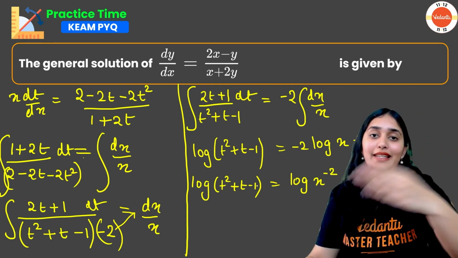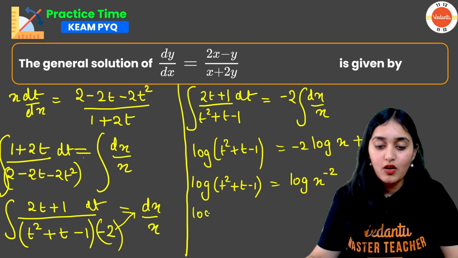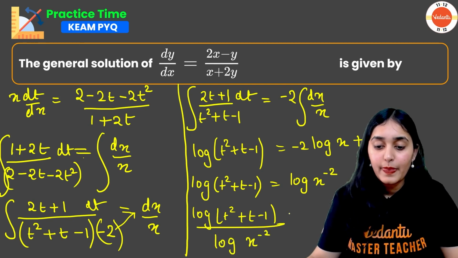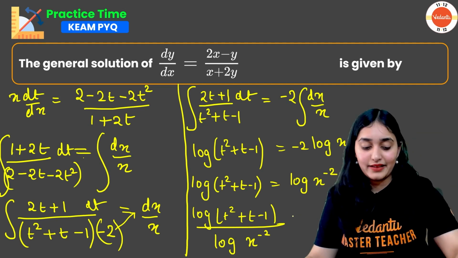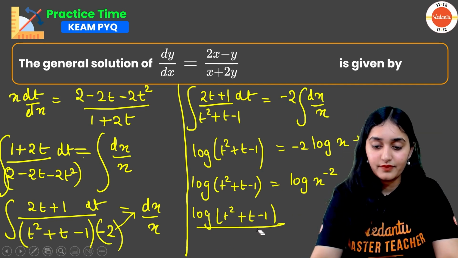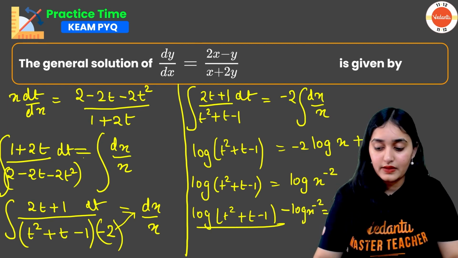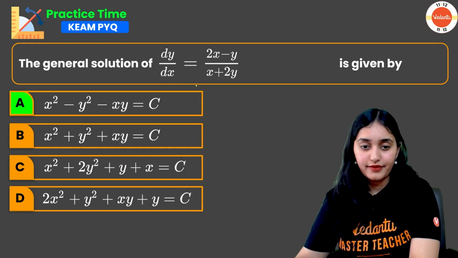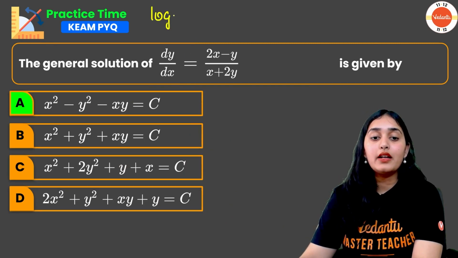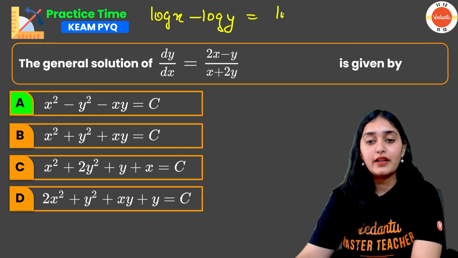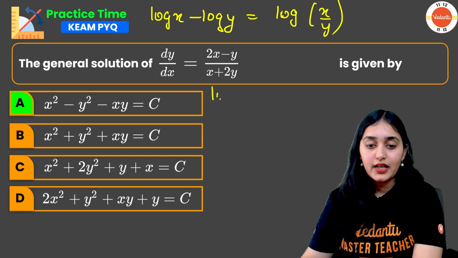Now I'll bring log on this side. So it will become log of t square plus t minus 1 minus log of x to the power minus 2. Not divided by, it will be subtracted by, sorry. Minus log of x to the power minus 2 is equal to constant. So here, when you have log x minus log y, you can write it as log of x divided by y. Okay, so it will become log of